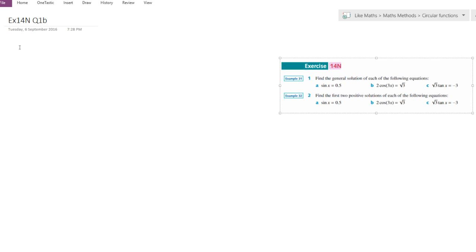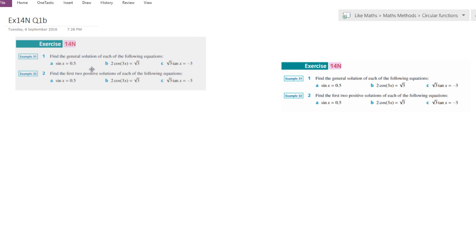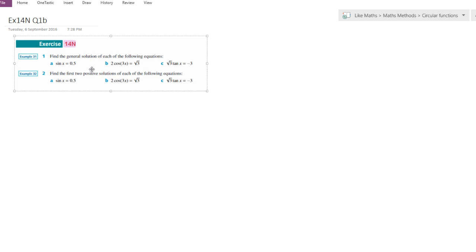Okay, exercise 14N, question 1b. Now this actually had me going in circles for a bit, so this is the sucker here. This one, let's have a go at that. Right,